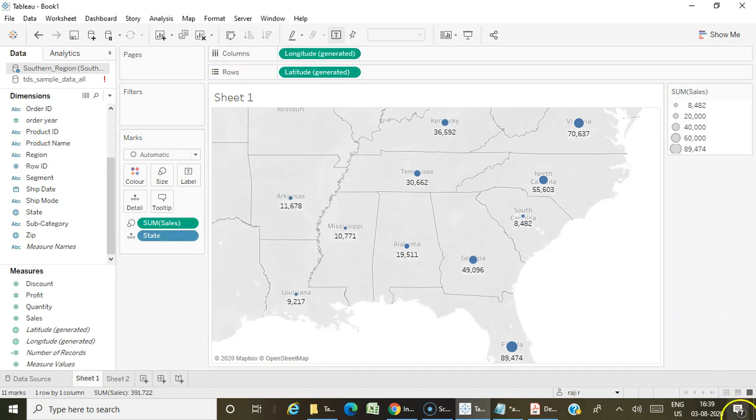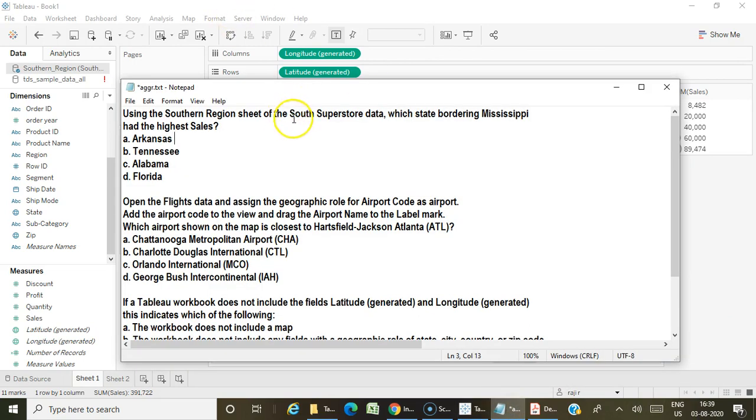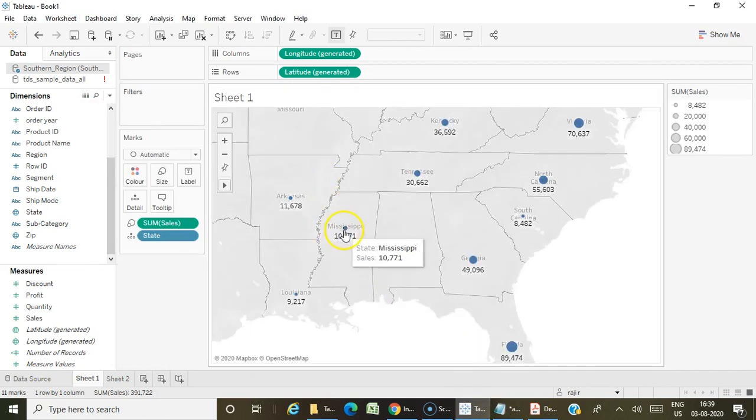If you see here, Florida has the highest sales among this data. But if you read the question well, they have mentioned which state bordering Mississippi had the highest sales. So we have to look for the states bordering Mississippi. Here is Mississippi, and among the states connected to it, the one which has the highest sales is